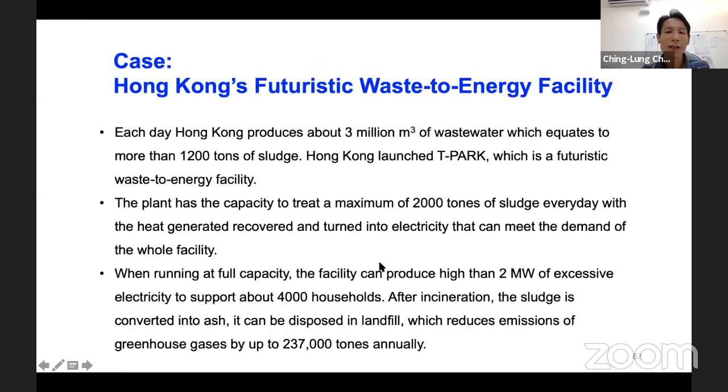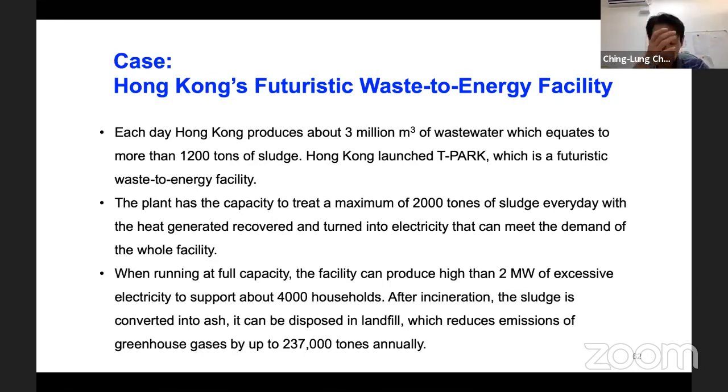And then this is the case in Hong Kong. Hong Kong tries to use waste to produce energy. Hong Kong has about 3 million cubic meters of wastewater, which equals more than 1,200 tons of sludge. This plant has the capacity to treat a maximum of 2,000 tons of sludge every day,